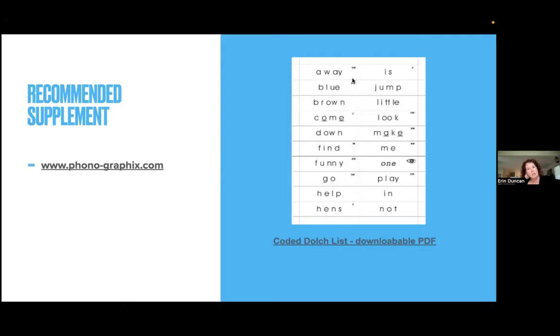Now, if you decide you're not going to tell your child what the word is first, you're going to let them try to blend it. Just be ready to tell them what the sound pictures are if they don't recognize them. So if they're looking at this word blue, for example, and they don't know what to say right here, or they say the wrong thing right here, all you have to do is point to the entire thing, right? And tell them what to say.